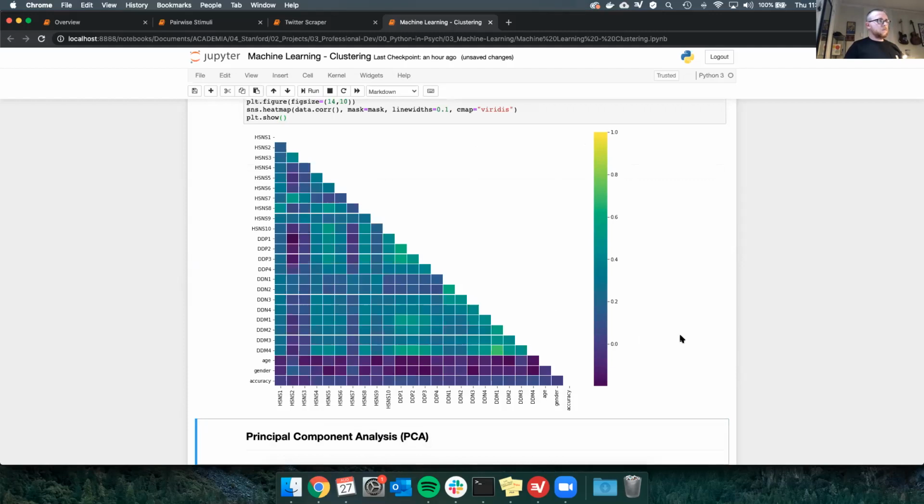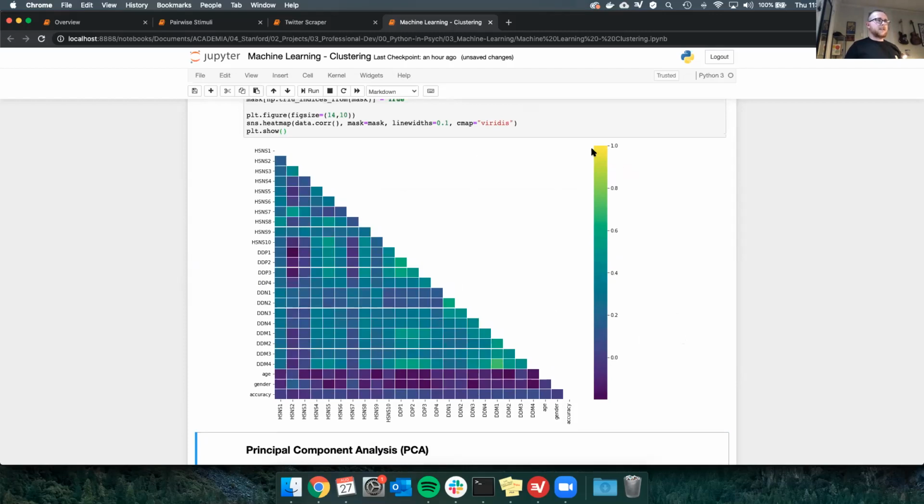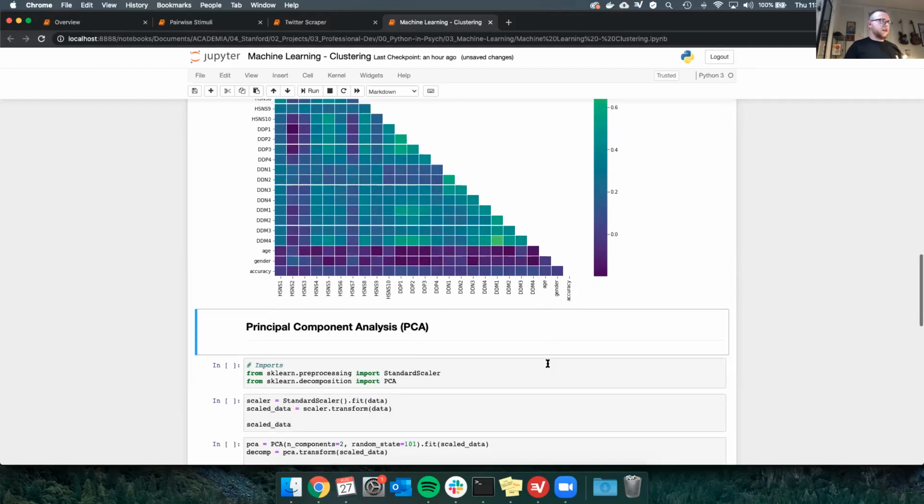Okay, and it looks like generally, broadly speaking, we're residing between like 0.2 and 0.6 of a correlation coefficient for these variables, which is pretty good. What we want to avoid is seeing a lot of yellow, which means that we have a lot of multicollinearity, or variables that are correlated to one another. The reason that's a bad thing is that if you have a lot of explanatory power across a couple of variables, you might only really be measuring one factor, right? So we want to avoid that, but we're in pretty good shape here.